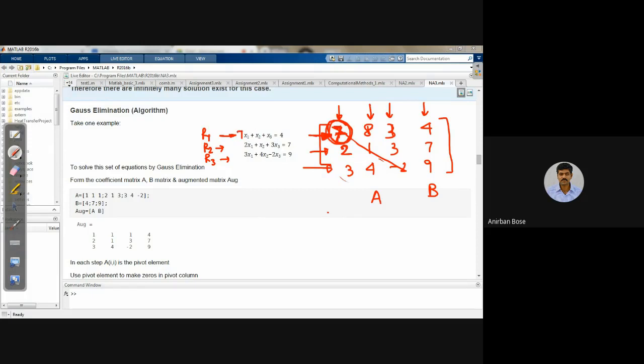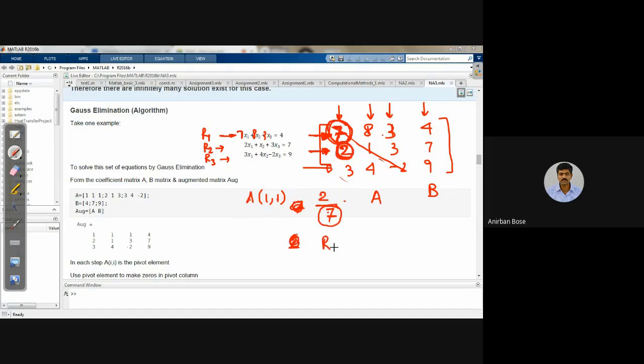So let us take the problem as 7x1, 8x2, and 3x3 is equal to 4, like that. We are taking the diagonal value as the pivot element. First of all, the pivot element is which value? 1,1. What is 1,1? That means first row, first column, that is this value, and this value is 7. We are taking this quantity as the pivot element, so this A11 is the pivot element.